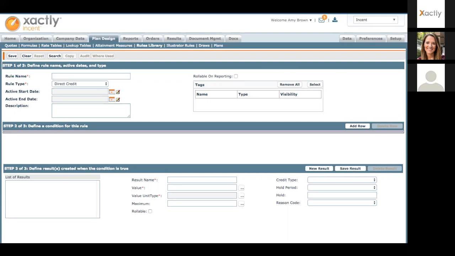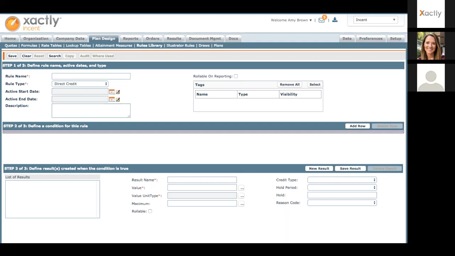I can give that result a specific name, and I can then search and produce reports against that result name to be able to identify the different kinds of commissions that might be paid against a single transaction. Sometimes we have a sales order that gets different commissions paid to different people based on different kinds of scenarios, and if you need to capture those, you could just simply create a result to be able to do that.